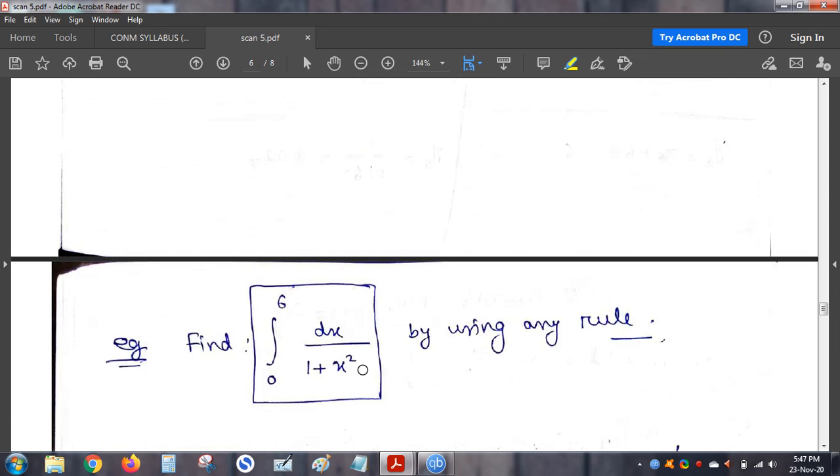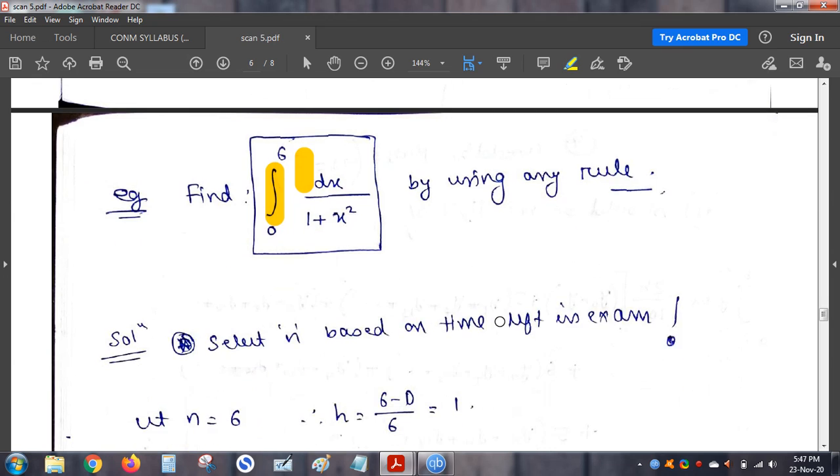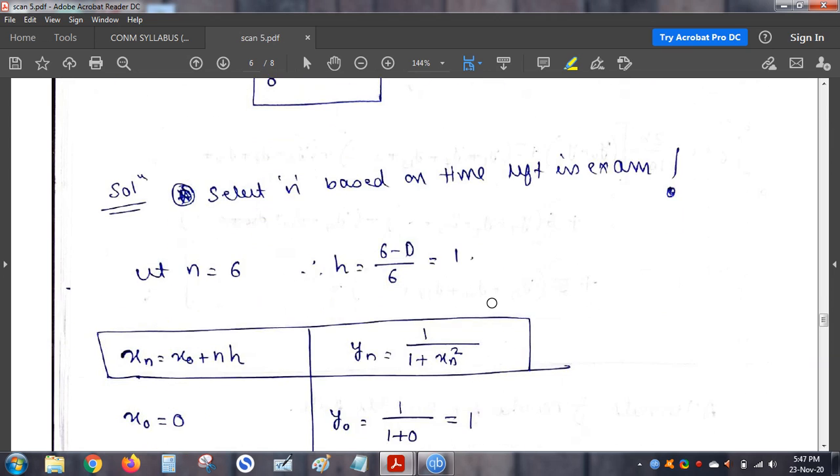Now let's see an example. Suppose we have given you a problem where you need to integrate from 0 to 6, and your function is 1 by 1 plus x square dx. Now in the question you will either be given a particular name of the formula by which you need to do it, or you will be asked to do it any way. Now if you are given an option to use any method, then I will suggest,